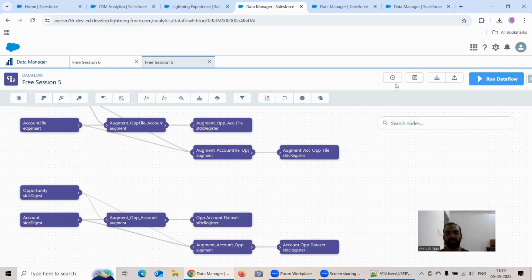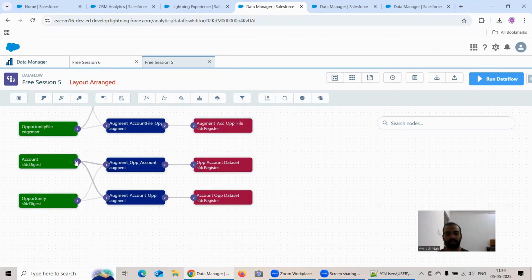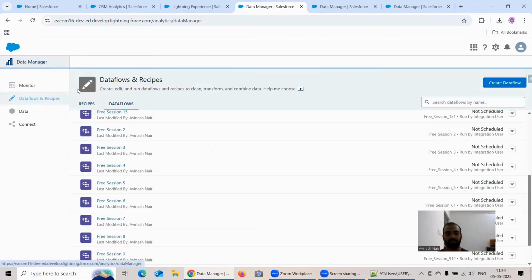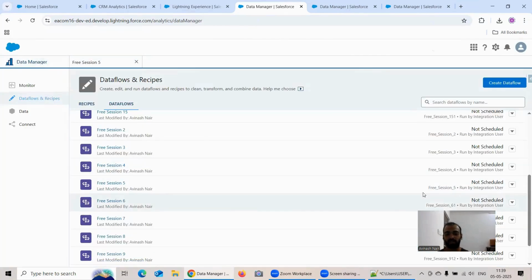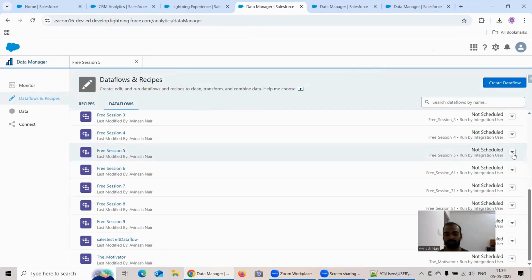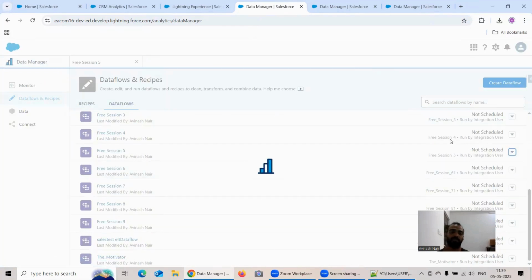Okay, we have this augment node, right, for this account and opportunity. So what I will do is, firstly, I will convert this free session 5 into a recipe, and I will show you how that gets automatically converted through the join type. If you just click on this convert to recipe for the free session 5,